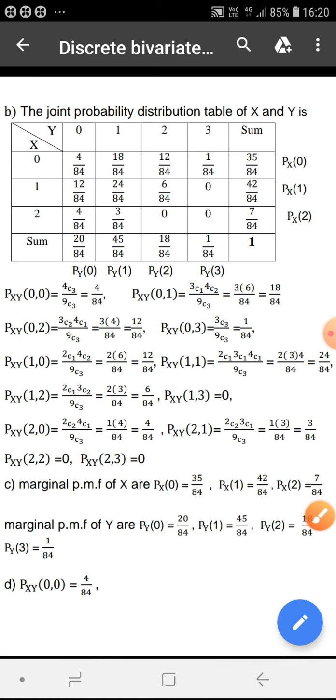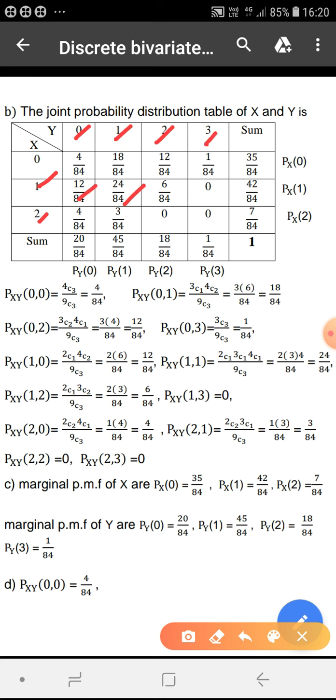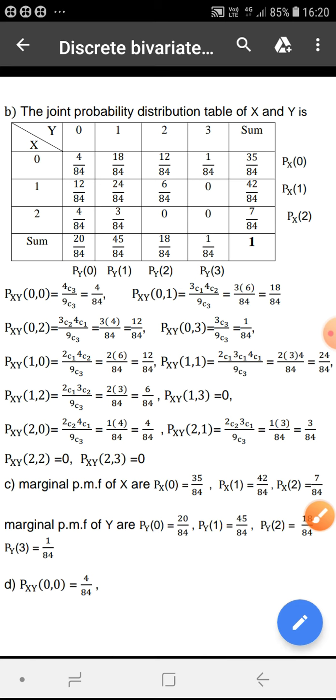So in the same way, if we take the different remaining x values 1 by 1, along with each x value you can take the y values 1 by 1 and you can calculate the corresponding probabilities. We get all these entries. So this table will give the probability mass function for the discrete random variables x and y. Even the marginal probability mass function can be calculated from the table itself.